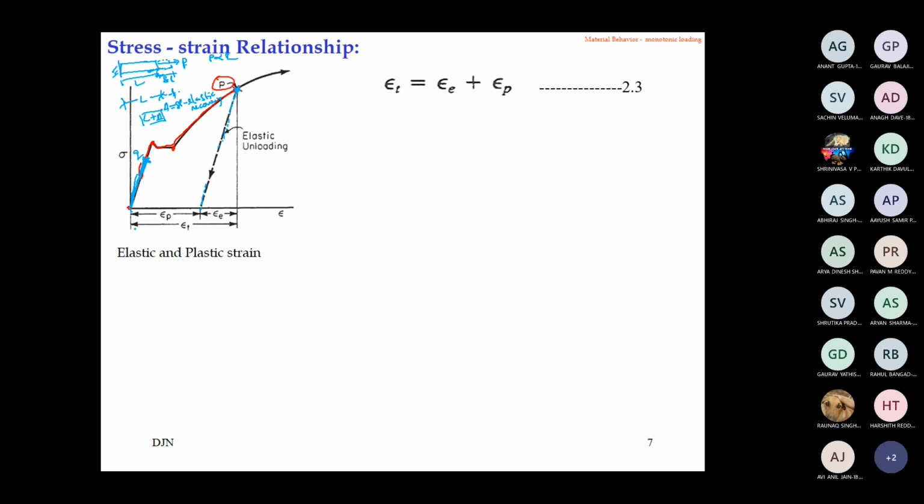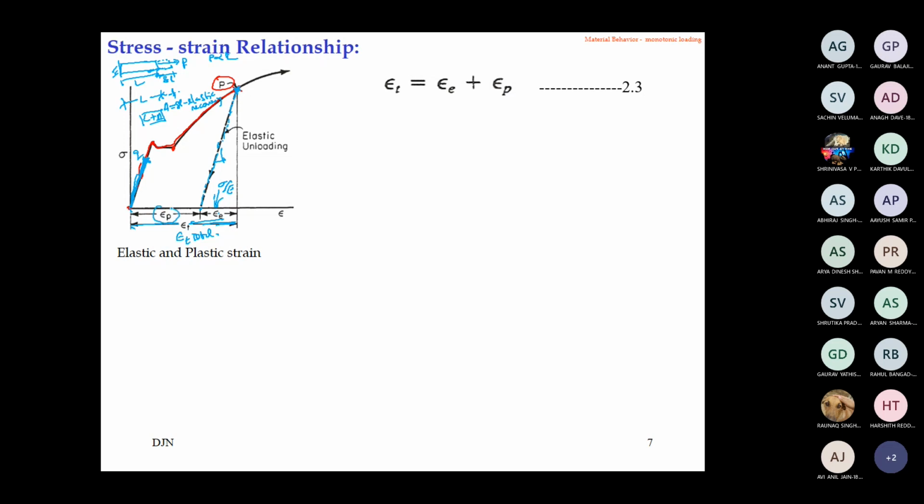Then what is the portion? Before release, this is the total strain. It is a combination of the plastic strain and the elastic strain. For elastic strain, we have a direct relation with Young's modulus: sigma is proportional to strain. That part is this curve, whatever elasticity you have regained. Therefore, for elastic strain we can calculate it from stress by Young's modulus: sigma by E will give you the elastic part.